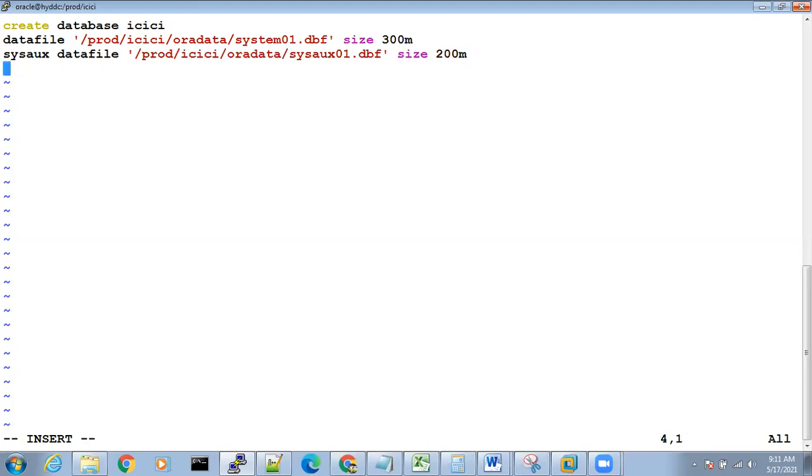Next is the undo tablespace, UNDO TABLESPACE undotbs DATAFILE '/prod/ICICI/Ora data/undotbs01.dbf', single quote close, SIZE 100M. Next, undo tablespace.